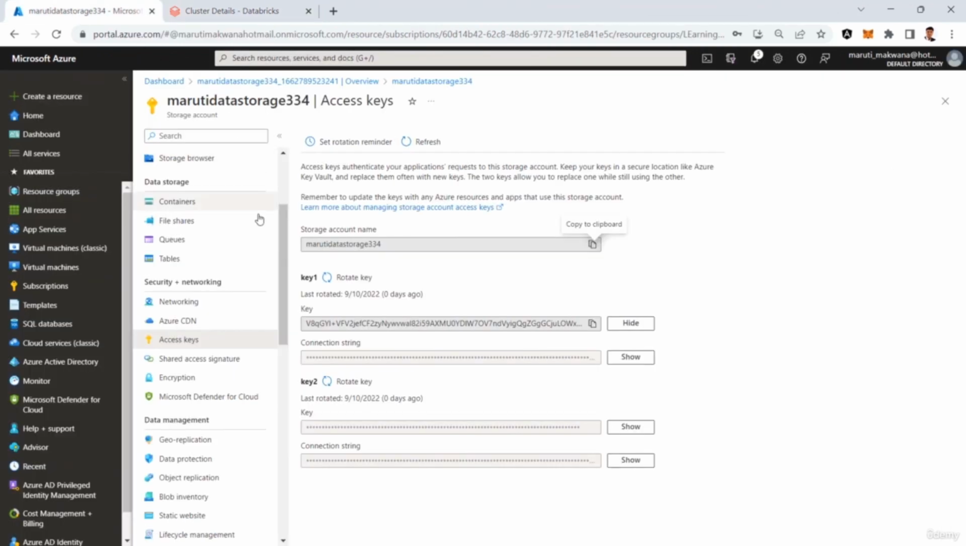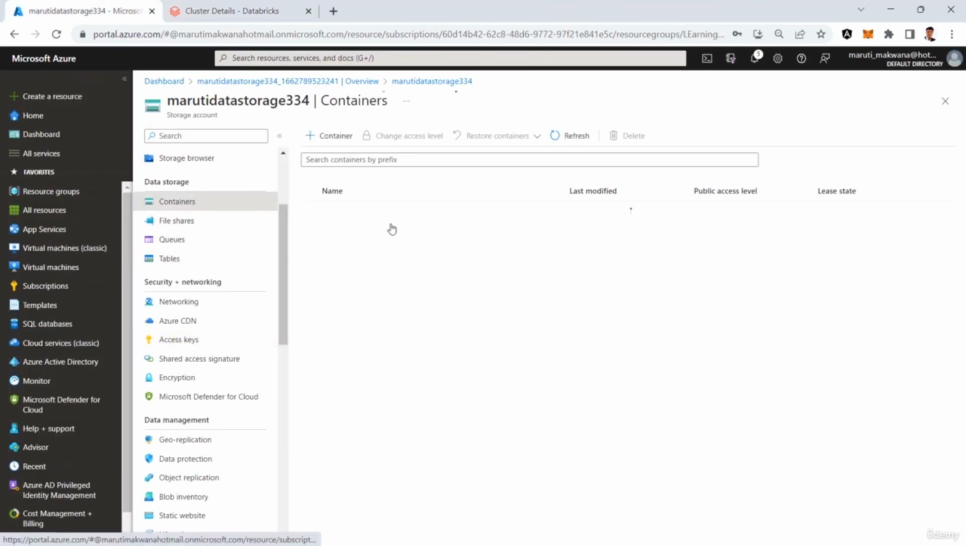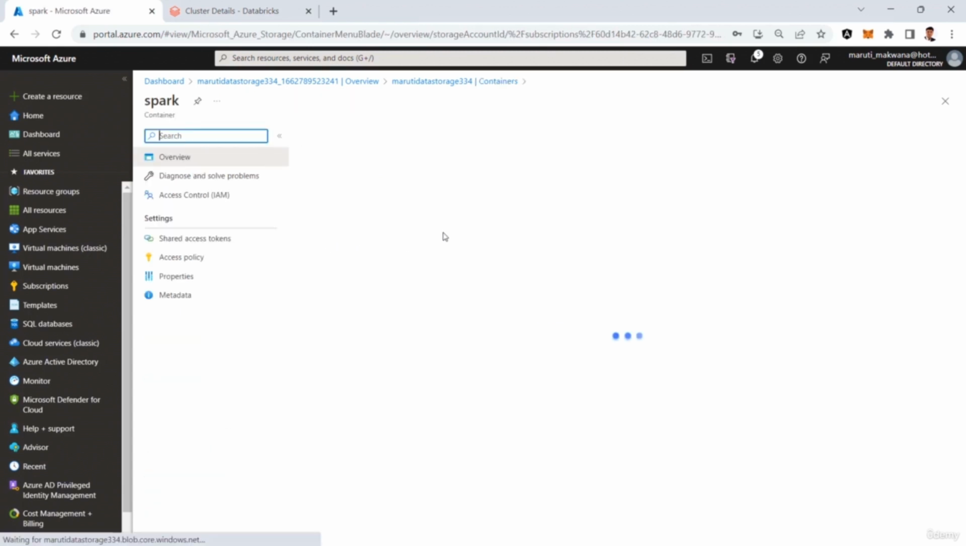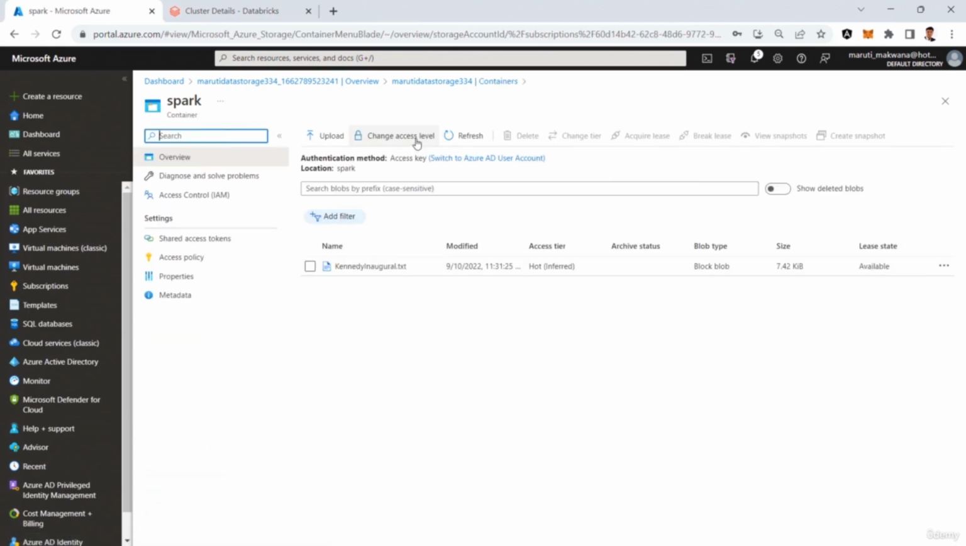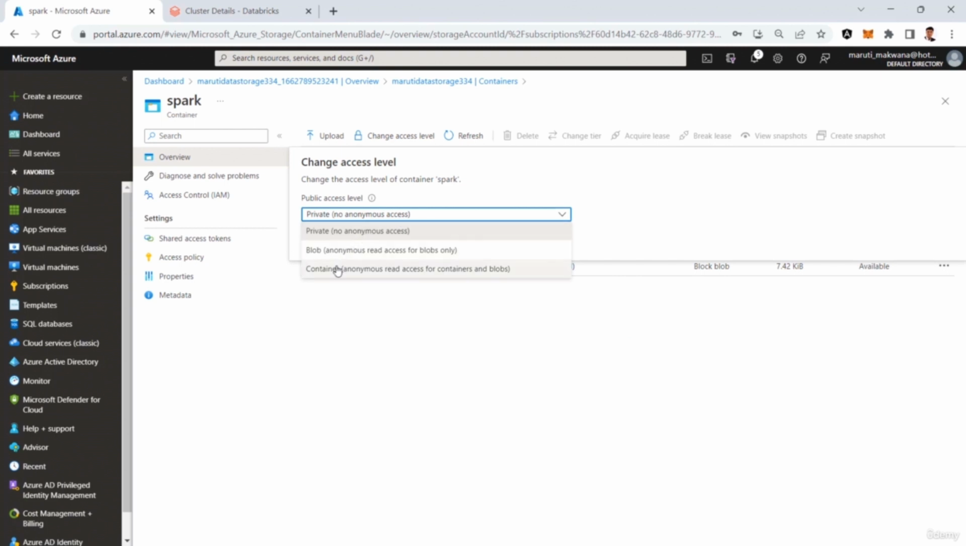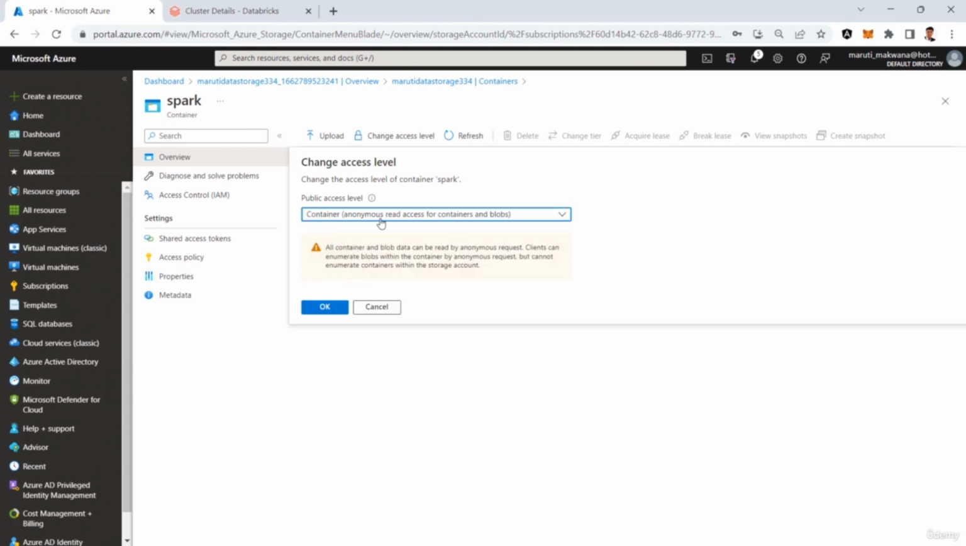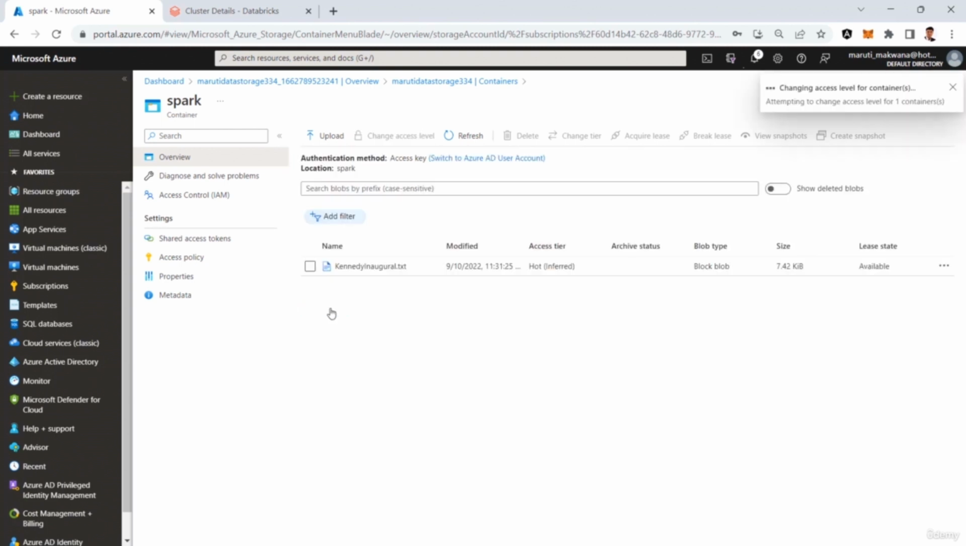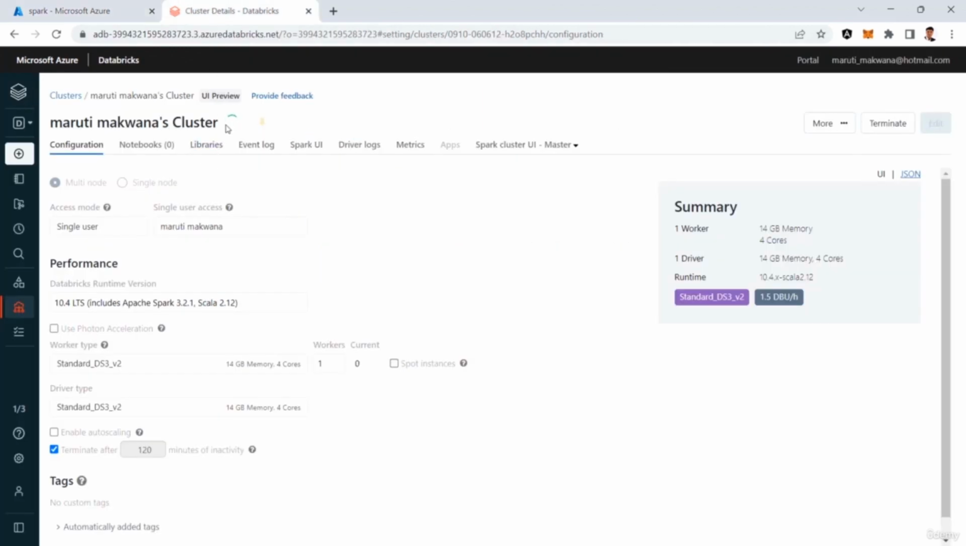You can go to your storage account container, and in spite of keeping this container private, you can change the access level of this container from private to container level. Once you set it to container level, it is going to be accessible even without the keys. So you can see right now, if I just change it to container level, and then go back to my cluster,